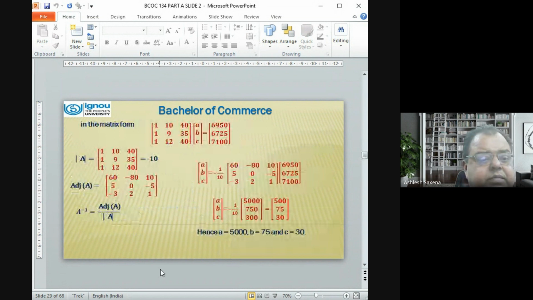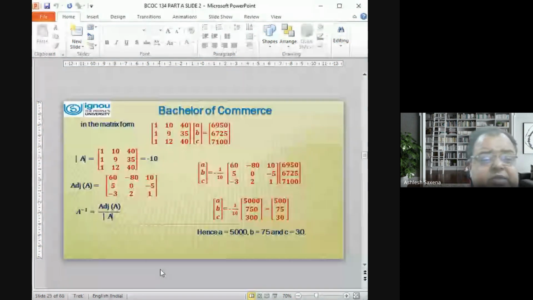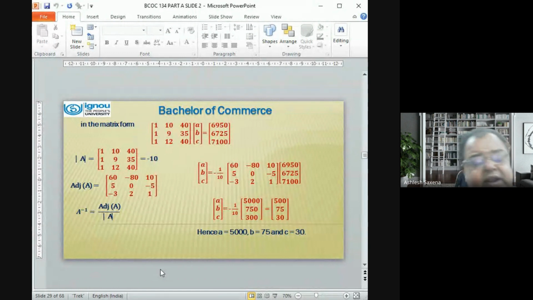We will be converting into this. Now see, converting into matrix form. Take up the coefficients 1, 1, 1, 10, 9, 20, 12, 40, 35, 40. Variables are A, B, and C. And the product on the right side of the equation is 6950, 6725, and 7100. What we have to calculate? We have to calculate A into A inverse, which is equal to